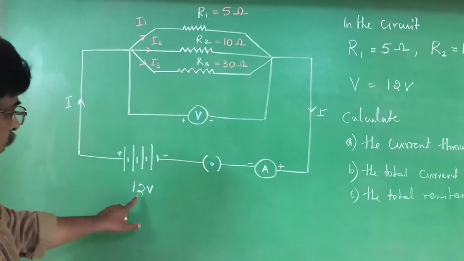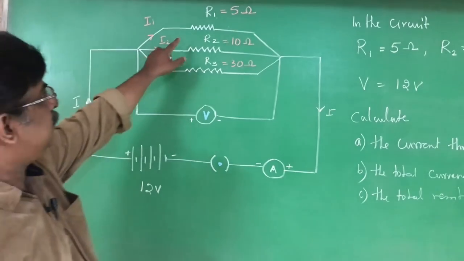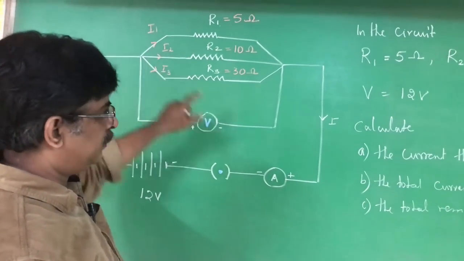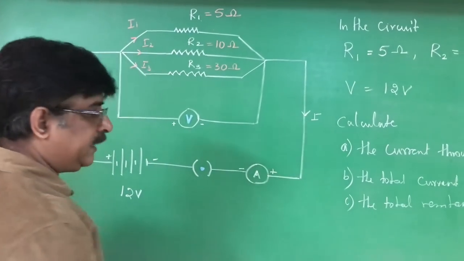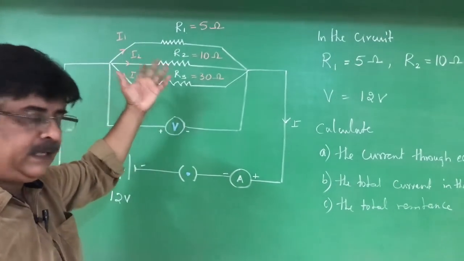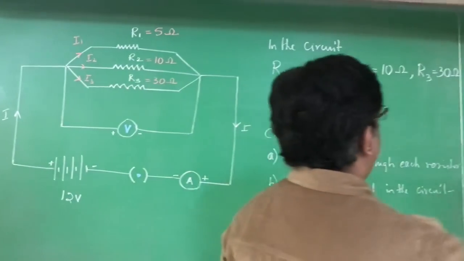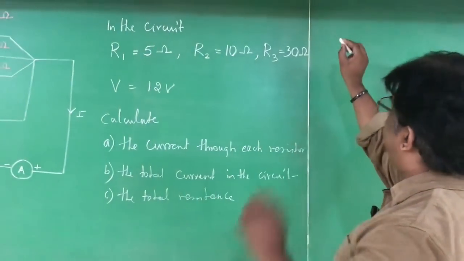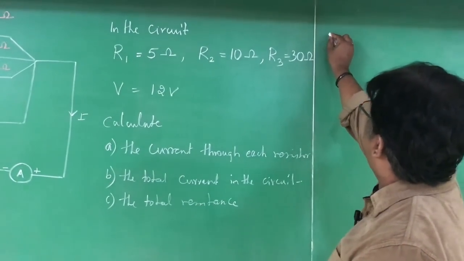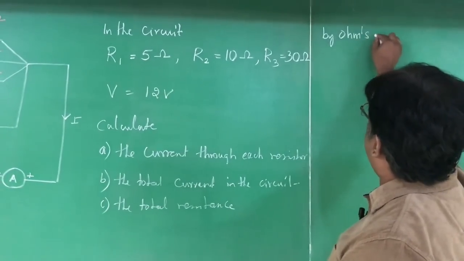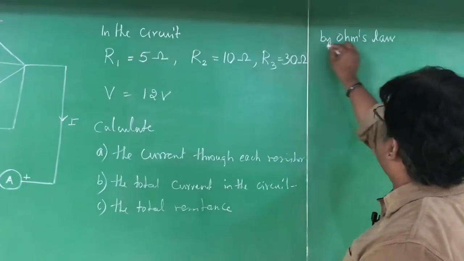We know the voltage is what? 6 volts. Each channel resistance is different. We have to calculate the current. Therefore, the first part is we have to find the current in each grid. It is called the grid or a channel. Right? We do it like this. What is given? We have to calculate the current. To calculate current, I use Ohm's law. Always, the majority of the problems are based on Ohm's law.